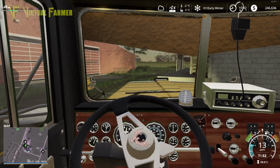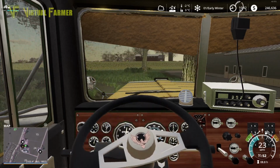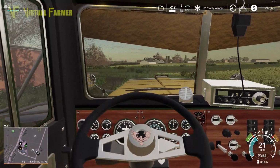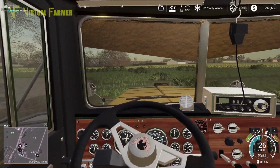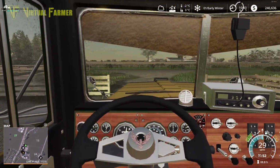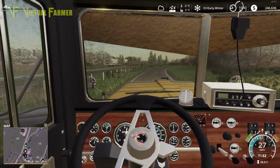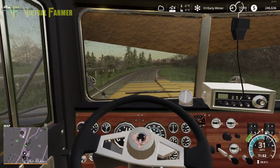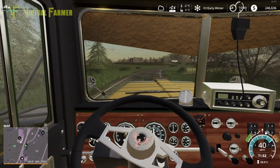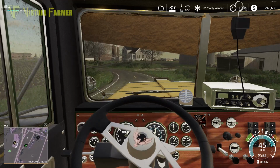That is a huge amount. That just, yeah, absolutely massive. So yeah, that's almost, well, that's a fifth of our loan we can pay off today. But what I'm going to do is we're going to head back. We're going to go and take a look at what crops are available to sell now. I'm kind of hoping the rice is peaking in price as well. That would be good, because then we can get some more money paid off today as well, which would be